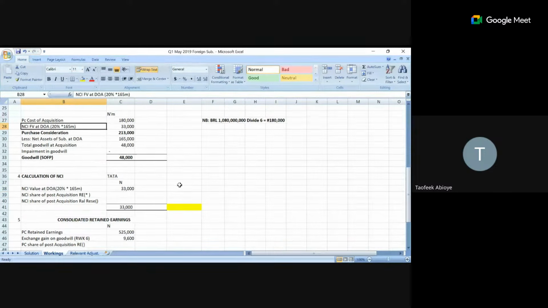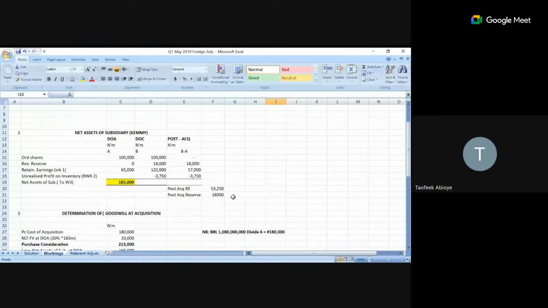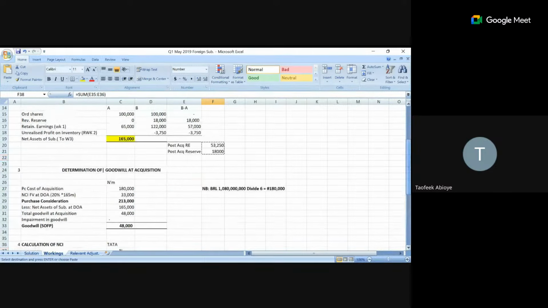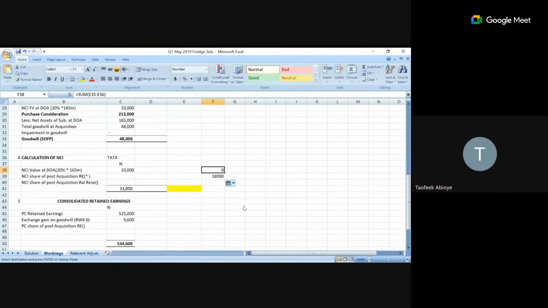Let me put it here. Now, NCI share of post-acquisition retained earnings and NCI share of acquisition revaluations. So this is it. That's why I split these two into two parts. I've split it. Now, where do I split it? I can just put it here. Voila. So now NCI share is how much? 20%, right? 20%